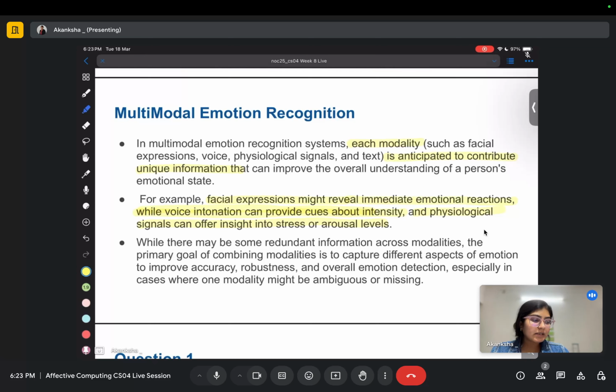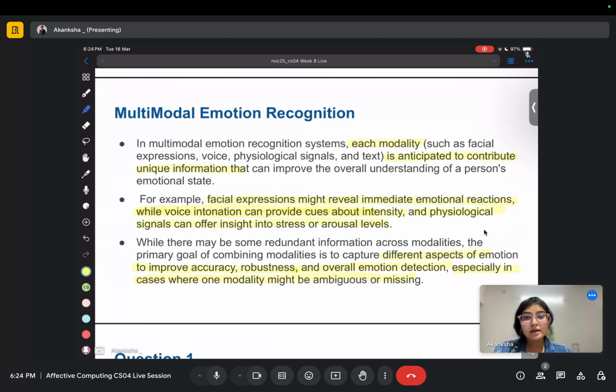While of course there will be some redundant information, the primary goal is combining modalities to capture different aspects and complementary information. Although there will be redundancy as well, we cannot avoid it, because ultimately they are interconnected, right? If I'm happy, everything will be according to that state. So it helps us to improve accuracy, robustness, and overall emotion detection, especially in the cases where one modality can